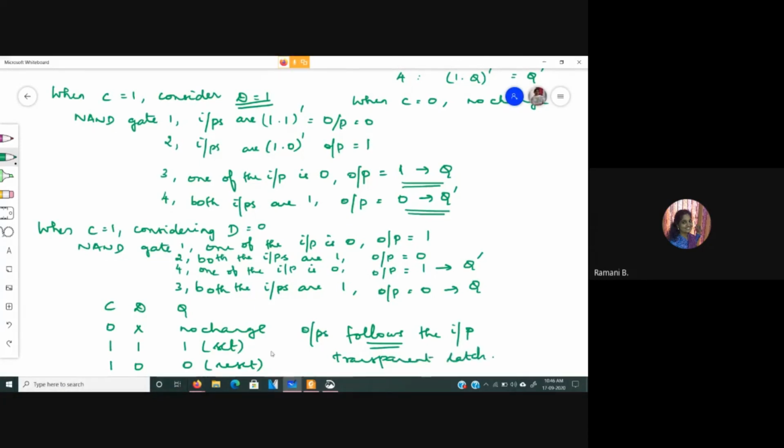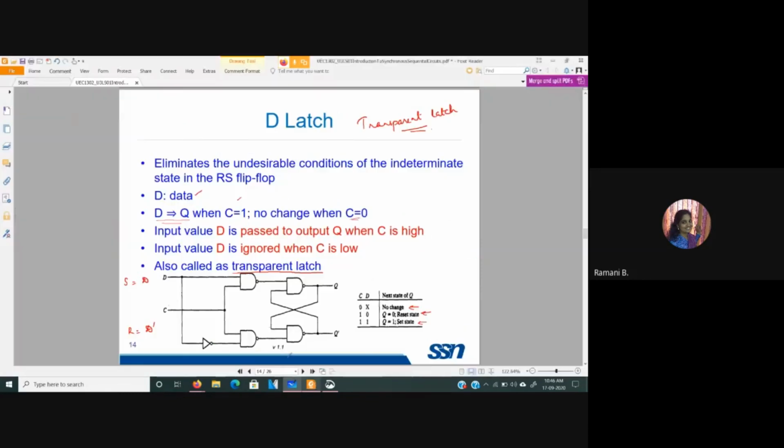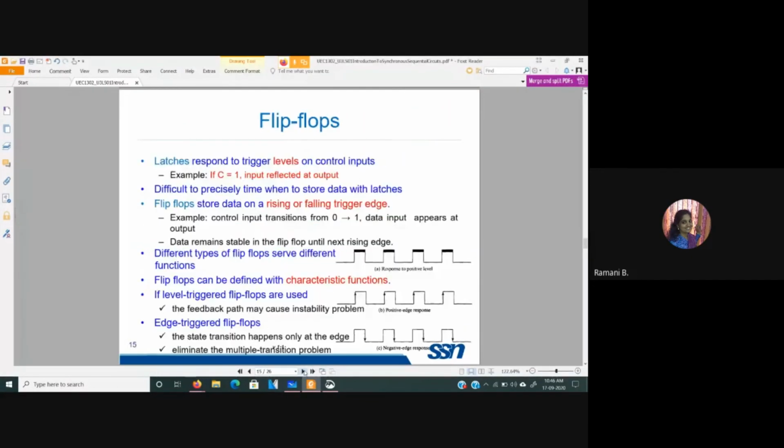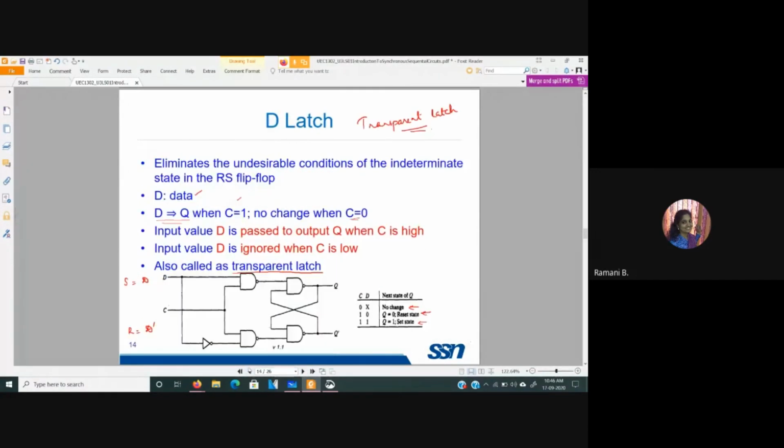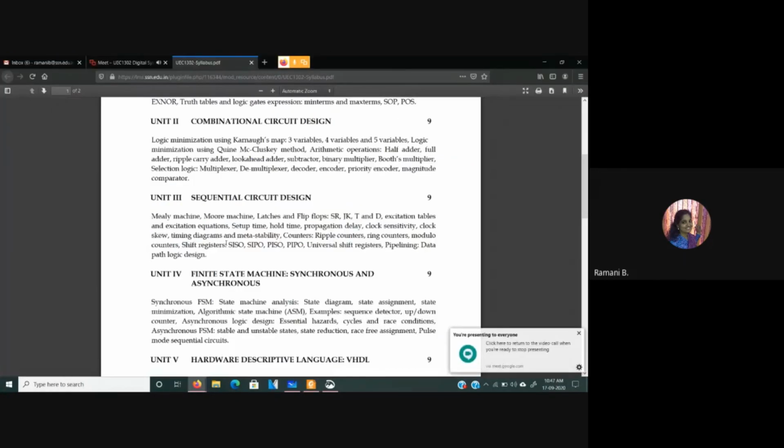Okay? Yes, ma'am. Thank you. We shall continue this afterwards. So with flip-flops, the basic thing is you will be having this control input, but we call that a clock. Here we had the value to be either a 0 or 1, whereas in case of flip-flops, it will be a transition from 0 to 1 or 1 to 0. So we shall see that in the next class. So thank you guys.